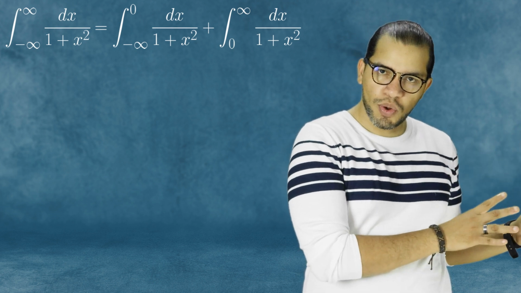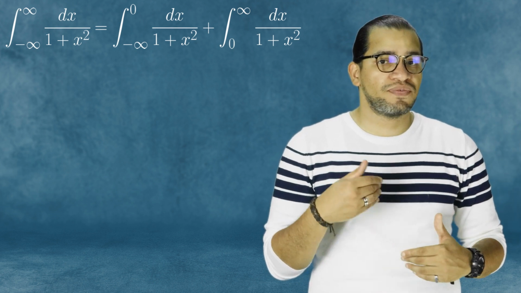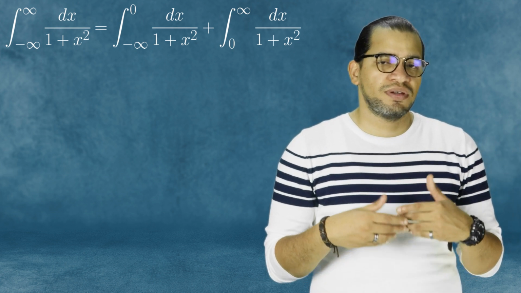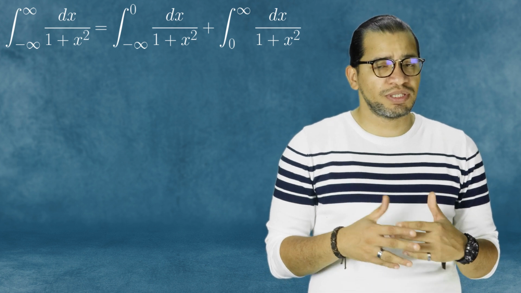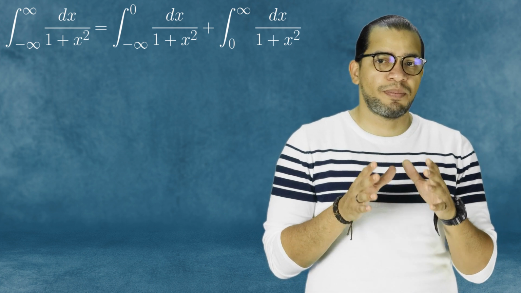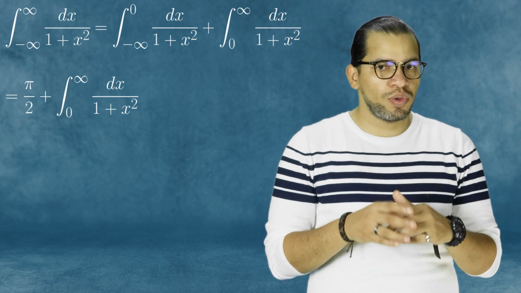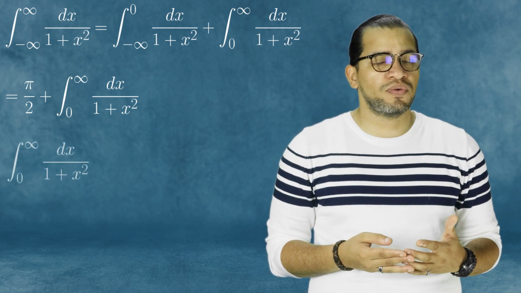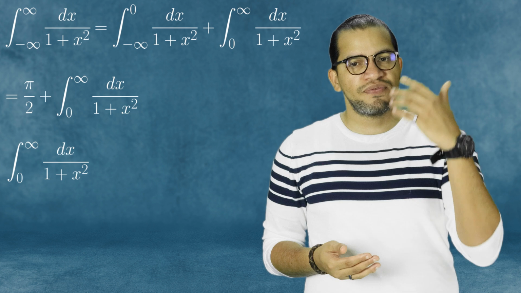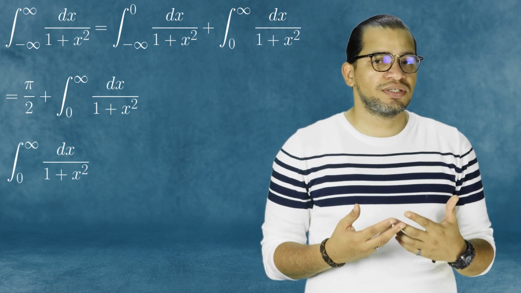But we already solved the integral from minus infinity to 0 of dx over 1 plus x squared, and we got pi over 2. So we only need to solve the improper integral from 0 to infinity of dx over